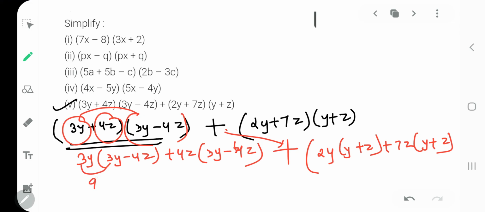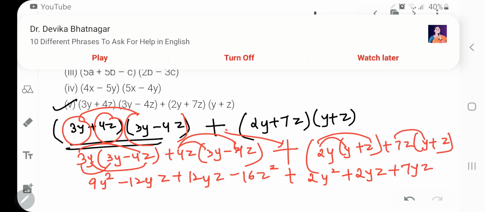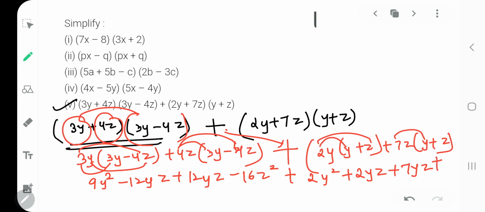3 into 3, that will be 9, y into y will be y square, 3 into 4 will be 12 yz, plus 4 3s are 12 yz, minus 4 4s are 16 z square, plus 2y square, plus 2y into z, 2yz, plus 7z into y, 7yz, plus 7z square. Now you have to check if you have like terms. You can see that minus 12yz and plus 12yz cancel. So you have 9y square